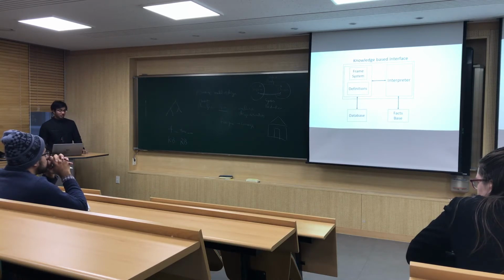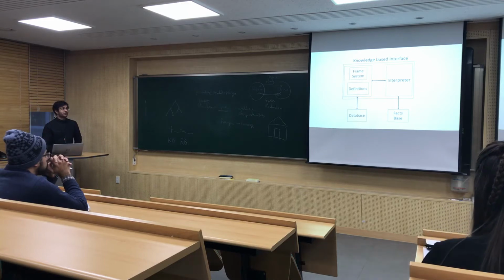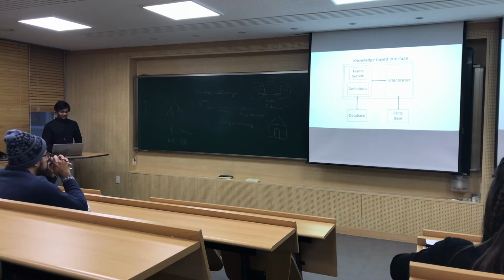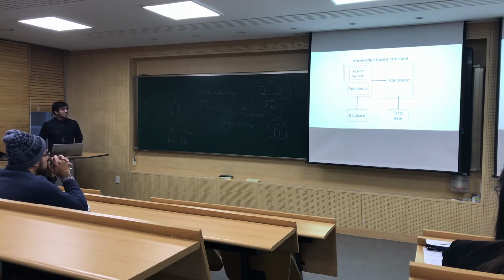So the working of a knowledge-based interface is like we have a frame system as well as definitions, and then we have an interpreter which interprets those frames and definitions to create a fact base. So a database and a fact base are there. The database is the set of rules, a set of examples as well as the constraints. Fact base mostly consists of rules, which help the interpreter to interpret the frame definition, frame knowledge, in the sense that